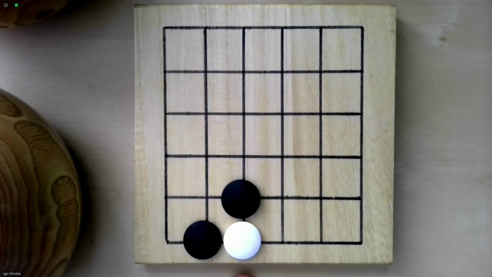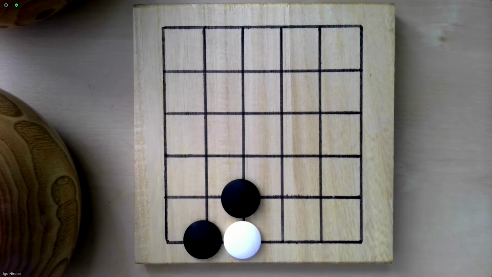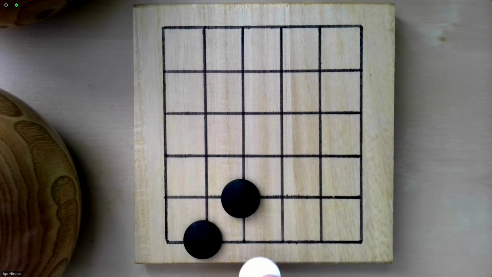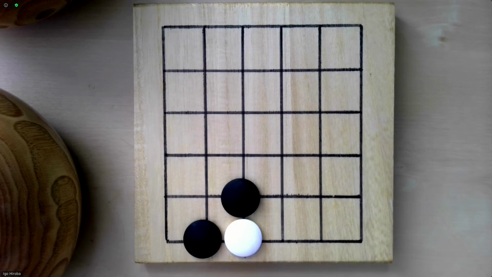So look at this board position. We see that this little white stone is almost surrounded. There is only one empty neighbor. So this is called, well, that's a terminology, it's called Atari. And on the next move, black can actually capture it. Okay, but that's not the